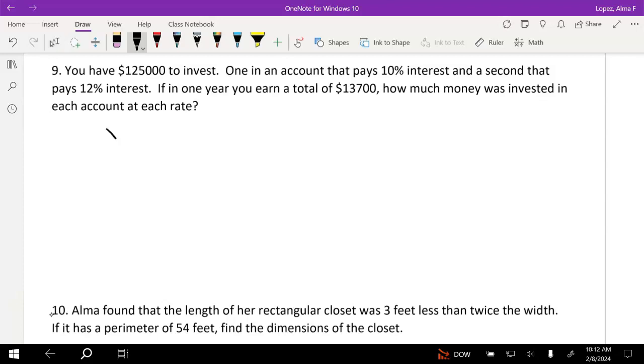Well, start off by breaking the money up into two parts, x and 125,000 minus x. Next, I'll assign each piece of money an interest rate, 10% and 12%. To find the interest on each investment, I multiply the interest rate times the amount of money, 0.1 times x, and 0.12 times the 125,000 minus x. Remember, this is the interest on the first investment. This is the interest on the second investment. I need to add them together